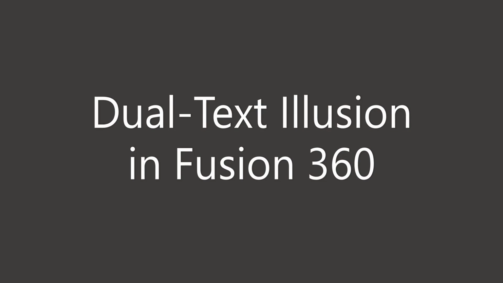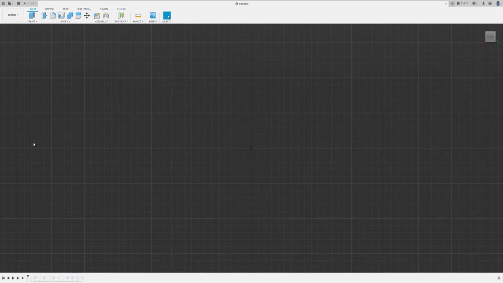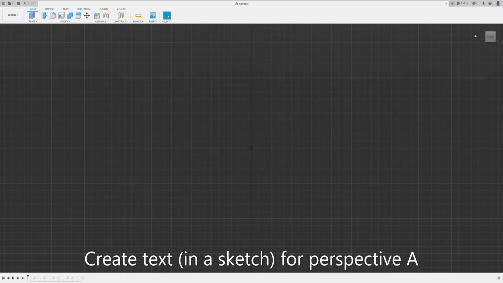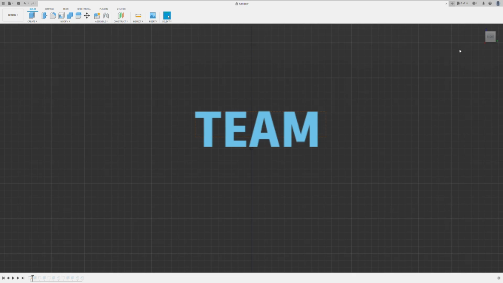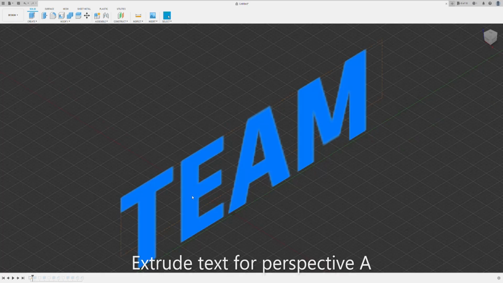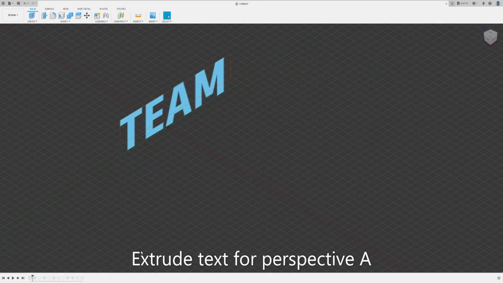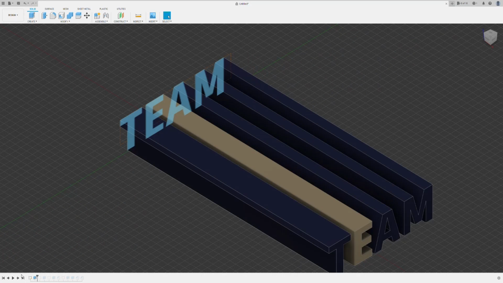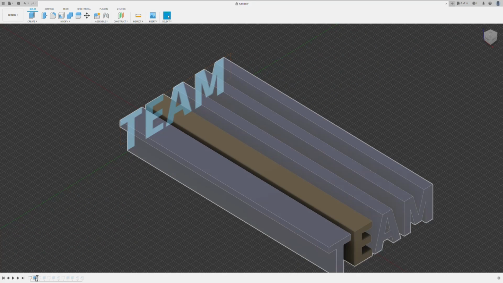This is a quick demo of the dual text illusion in Fusion 360. First, you're going to create a sketch on either the right or front planes. Then you're going to create a text entity on that plane. Then you're going to extrude that first text entity by quite a lot, so that it ends up looking roughly